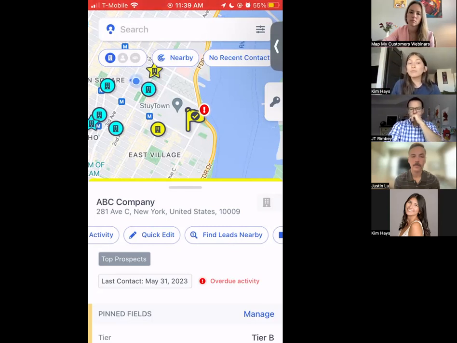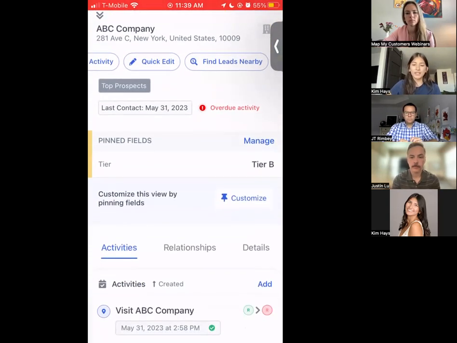Below that, I'll see some quick information about the last time that this account was interacted with. And this is also telling me right away what my little exclamation point alert is letting me know, which is that I have an overdue activity within this account. There's more information living in ABC Company. And to see that, I'm just going to pull this account to the top of the screen